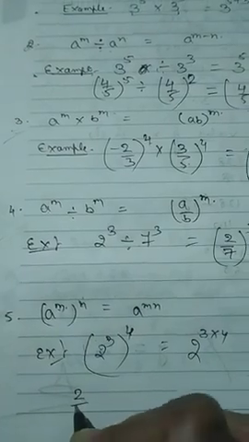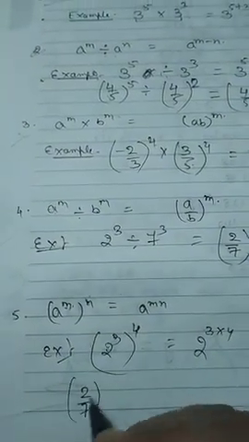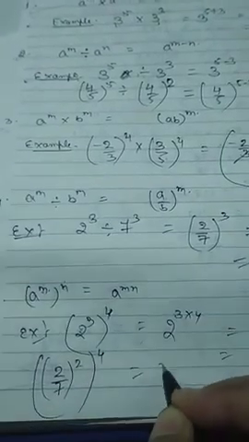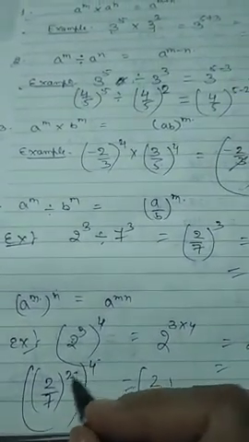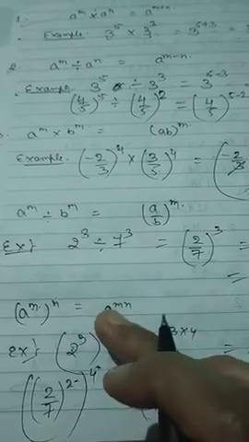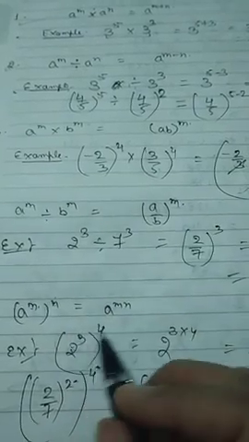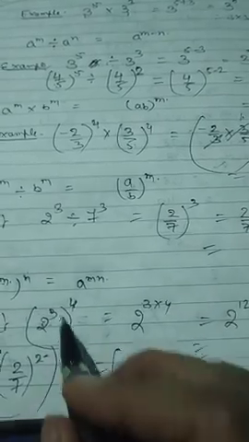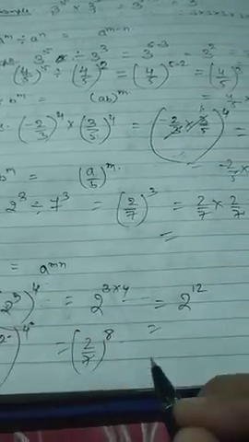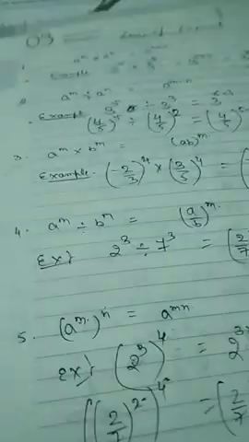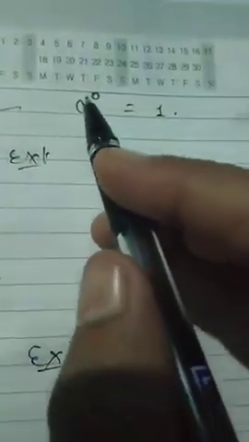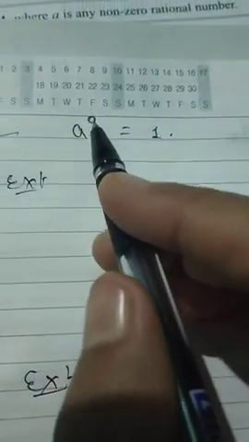If in rational number form also, you can take any example. Suppose a number is given in this form, 2 by 7 to the power 2 and then again to the power 4. Then in this case it is 2 by 7 to the power 8. Power over power we will always multiply. M into N means we are multiplying. 2 4s are 8. Got it?